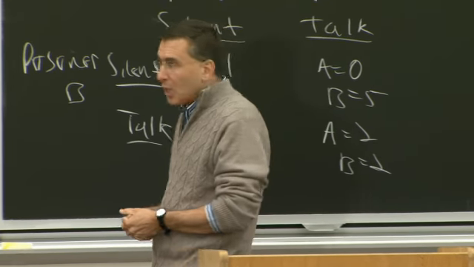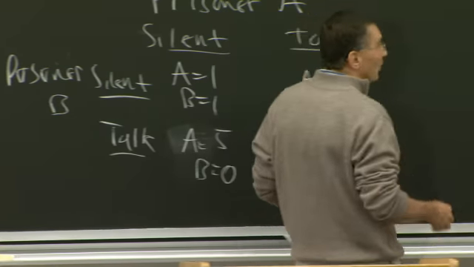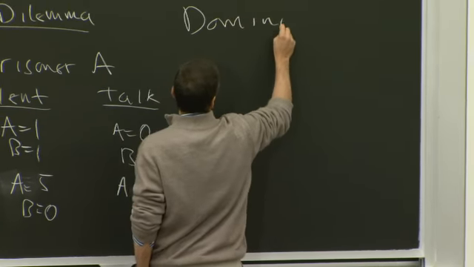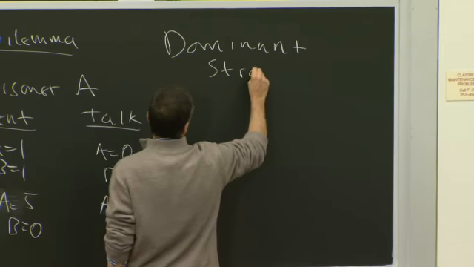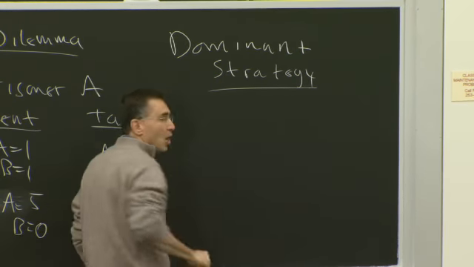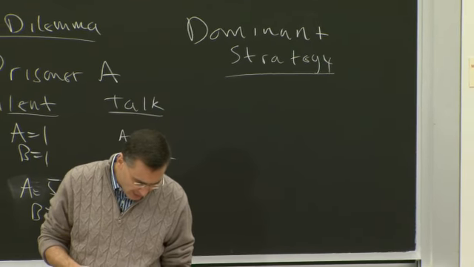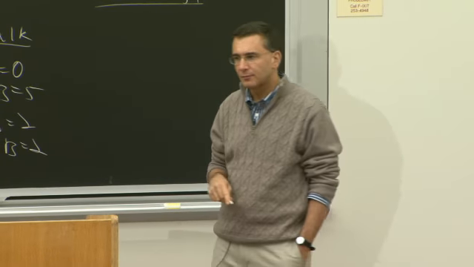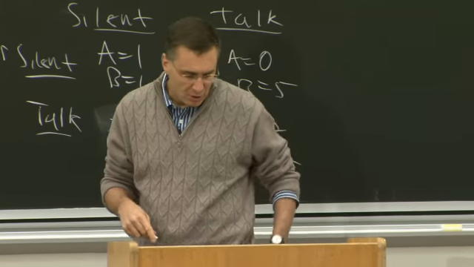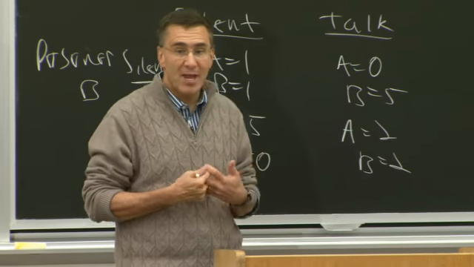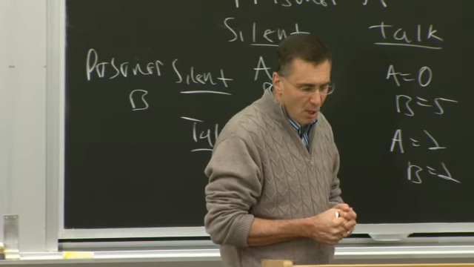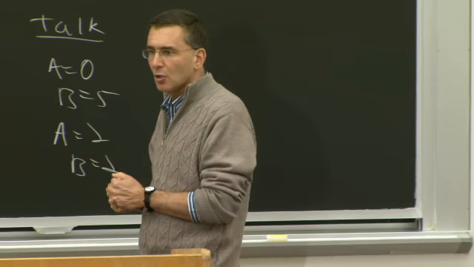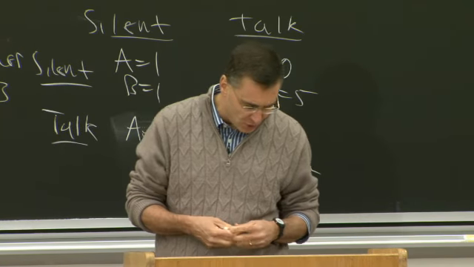Okay? And what we call optimal, in the language of game theory, we call the dominant strategy. A dominant strategy, okay, is the best thing to do no matter what the other guy does. So the dominant cooperative equilibrium strategy is to both stay quiet. But what is the dominant non-cooperative strategy?